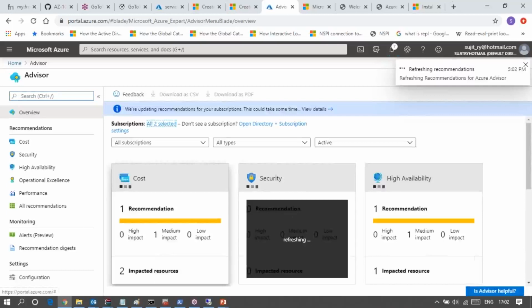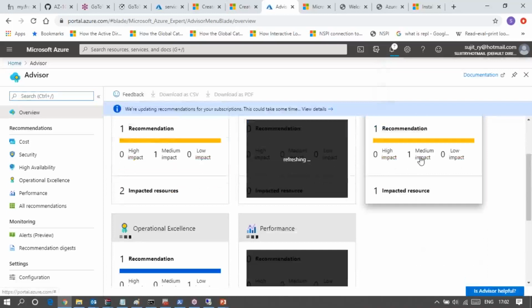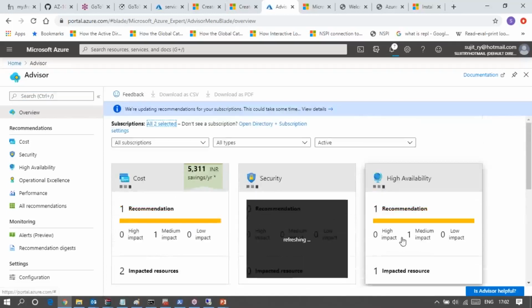See, there is a cost related advisor, security, high availability related advisor, and there is a medium impact. So if you do not follow this advice, then probably your environment is getting impacted, but not very high, but medium. So cost wise, I'm getting an impact. So I could save